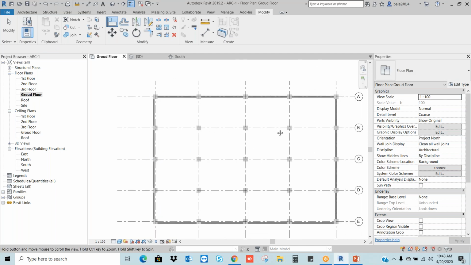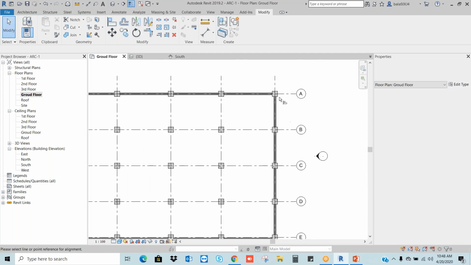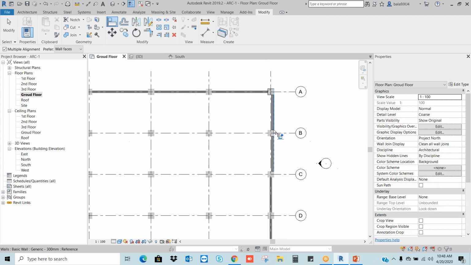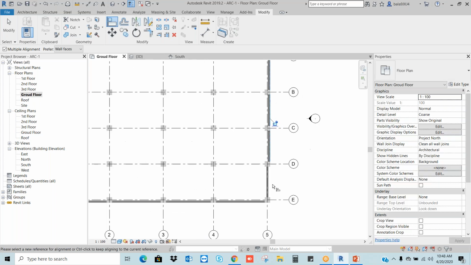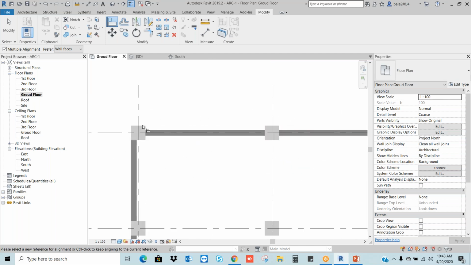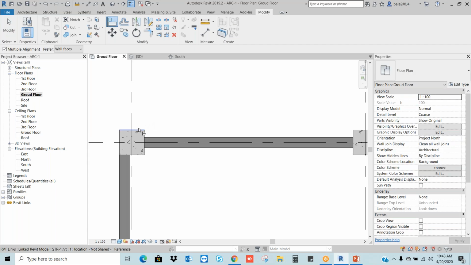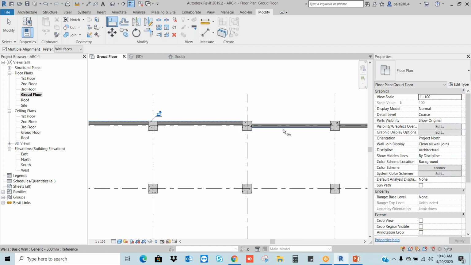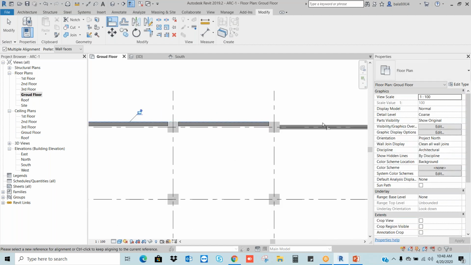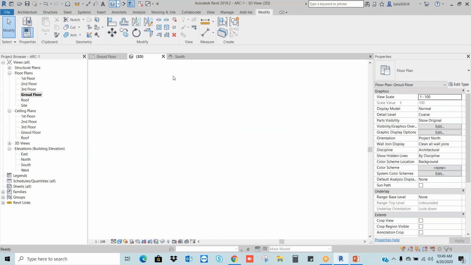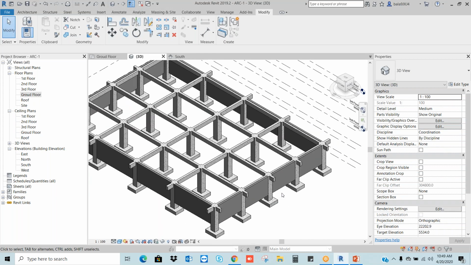Okay, so here also go to the align, 1, 2, 3, 4. You have to practice it. Okay, go to the align command, target, source, source, source, source.